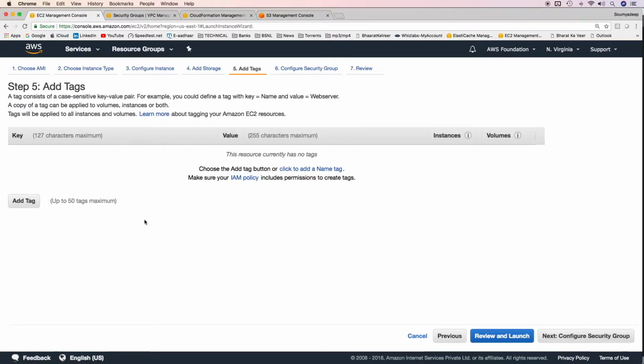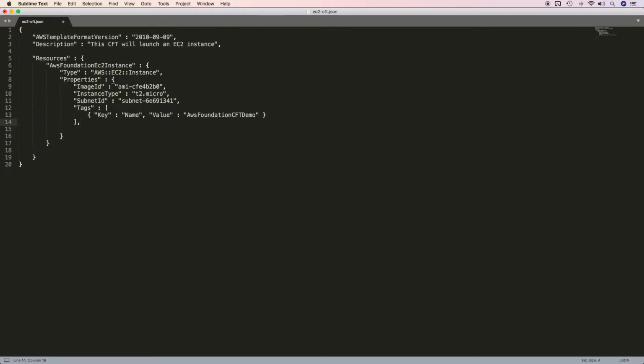And the next option is adding tags, key and value pairs. Till now we have been using multiple tags like name of EC2 instances, name of VPCs, etc. The same thing can be done in CFT also. And this is how you mention tags. Tags is an array element. This is the first element of the tag. Basically, this is the first tag. If you want, I can give additional tags also. So I have added one more tag, which is environment. I'm saying the environment is training.